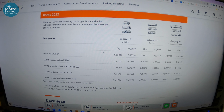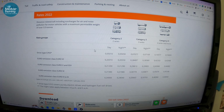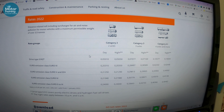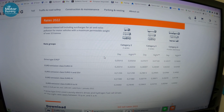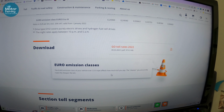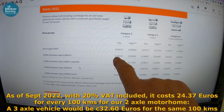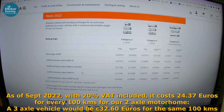You've got your box programmed, it's gone into your windscreen, it's now charging you per kilometre. Well, there's actually day and night rates there, and in fact you'll note there the night rates are a bit more expensive, probably because it's a better time to travel for the big lorries who don't like the traffic. So I'd imagine that's why it's slightly more expensive. But anyway, we certainly won't be travelling in the middle of the night in the motorhome, but it's just there, and you can get on their website, you can see there they've got up-to-date rates of what you might be paying, but in effect that's obviously in cents. So we were a Euro 6 day rate, which is 20 cents or 0.203, 20 cents per kilometre,